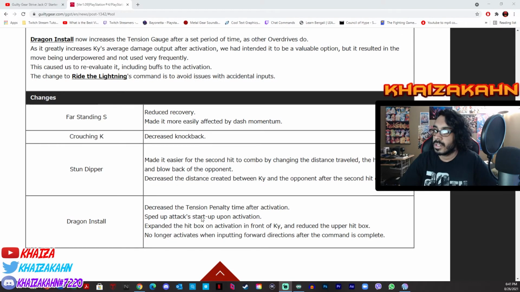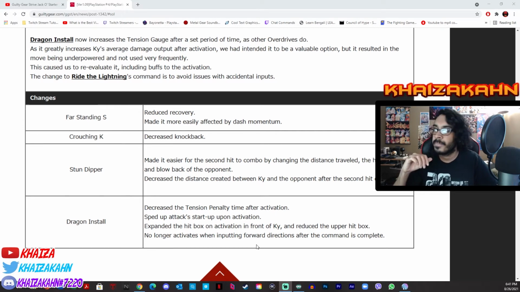Dragon Install. Oh, okay. Sped up the attack startup on activation, expand the hitbox front to reduce the upper hitbox. Okay. Dragon Install now increases tension gauge after a period of time as the other. Ooh! So, Dragon Install will become like a viable move? Is that what I'm hearing? Because I heard from my homies, whom I showed these patch notes a little bit earlier, before this reaction to you all in chat, is that